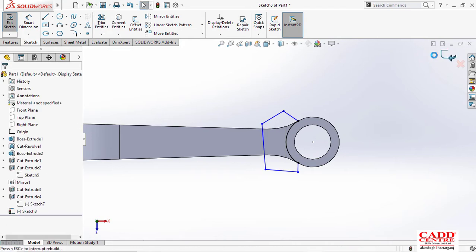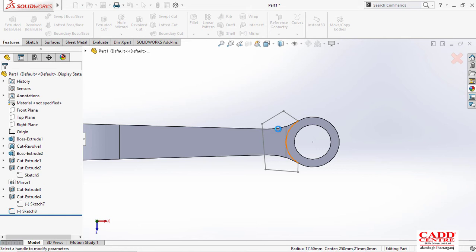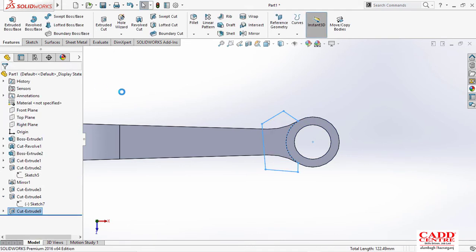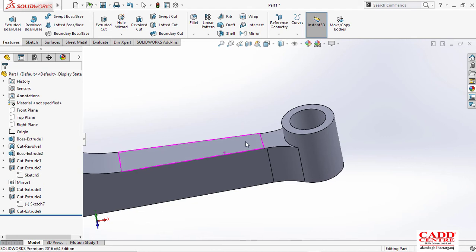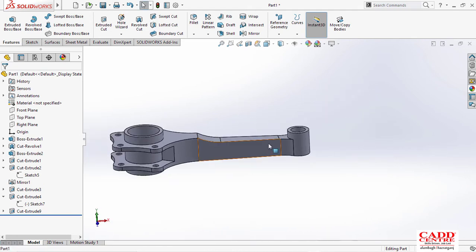We don't have to follow the whole circle. Now I'll try giving the extrude cut 12. Okay, now it's good. Okay, so that figure is good, 12.